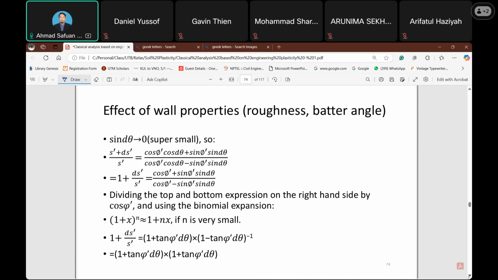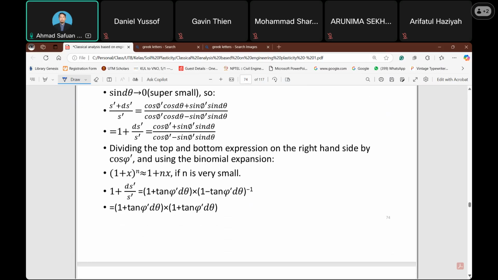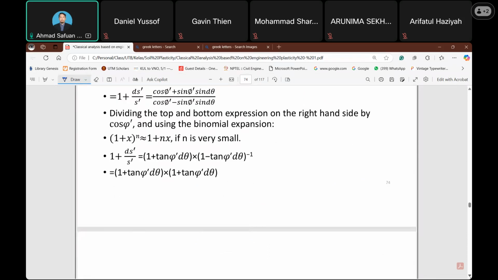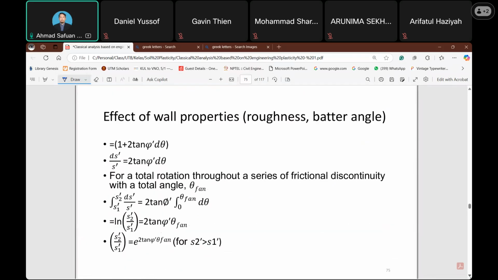Okay, then it simplifies to get 1 plus 2 tangent phi d theta. Okay, then ds over s is equal to 2 tangent phi d theta for the total rotation throughout the zone of frictional discontinuity with angle